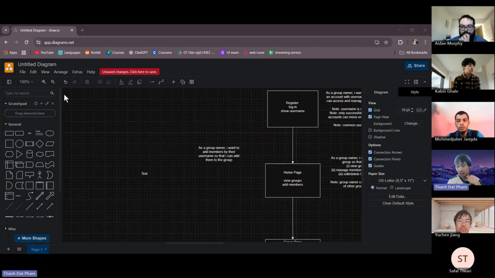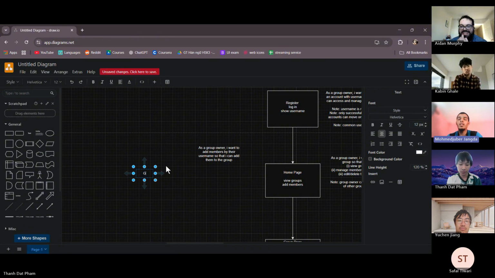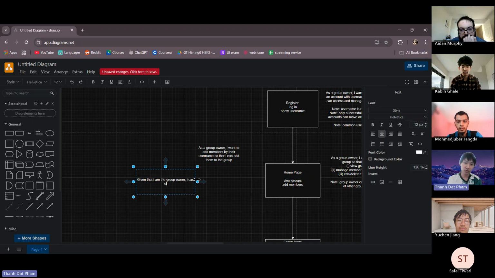Okay, let's do it. What will be the acceptance criteria for this? Given that I'm a group owner, I can click on add the members. I can add the group owner. I can add the members. Yep. Then